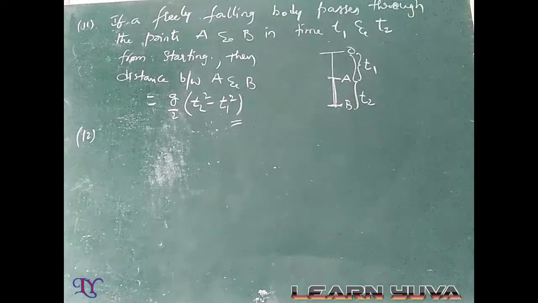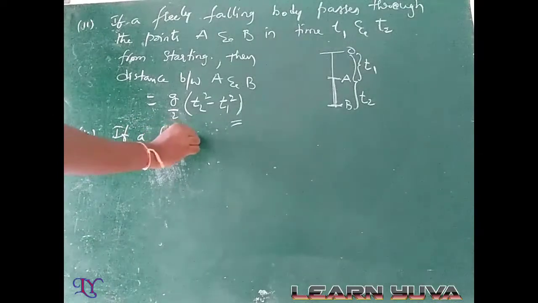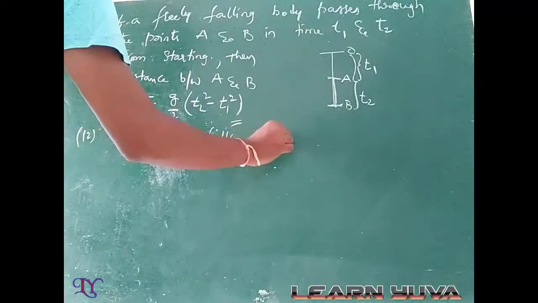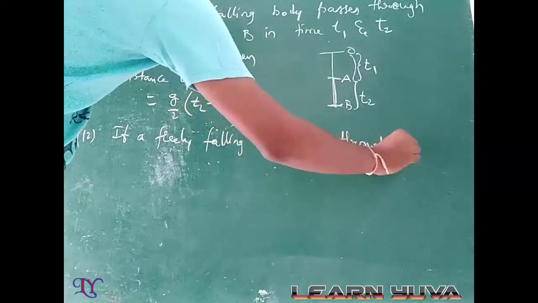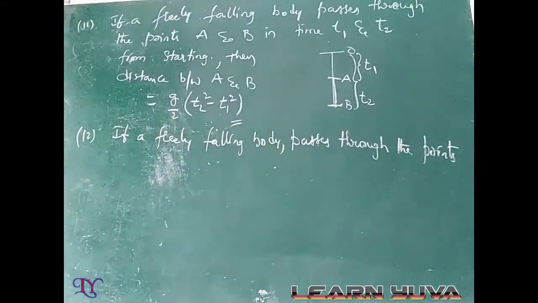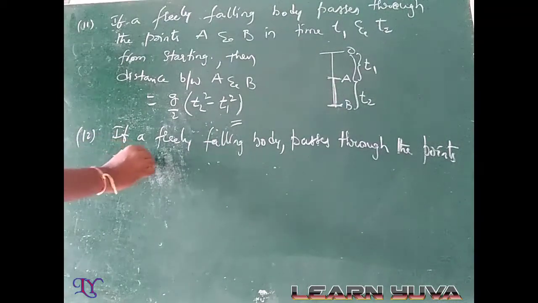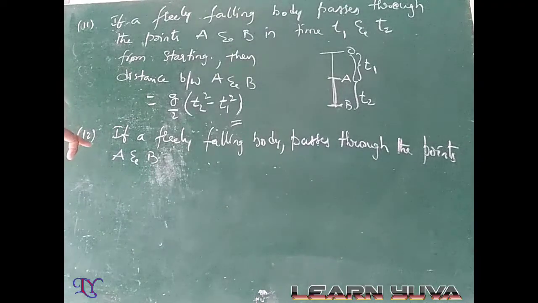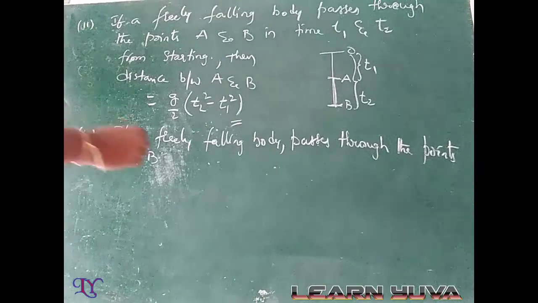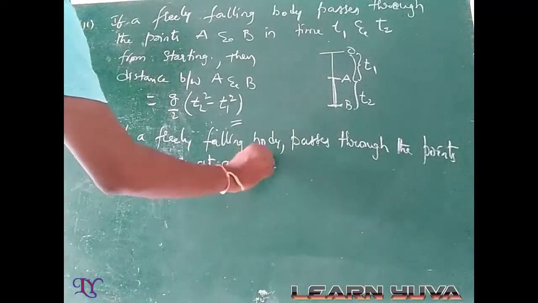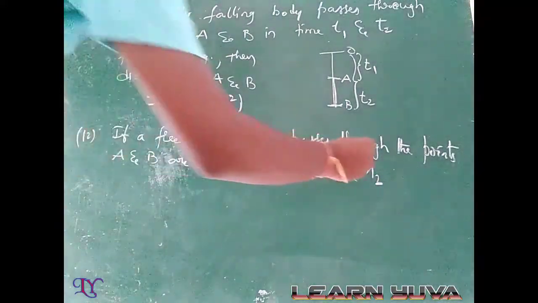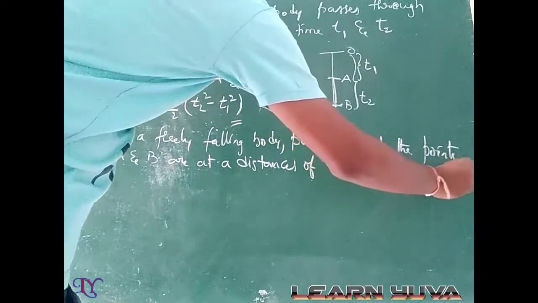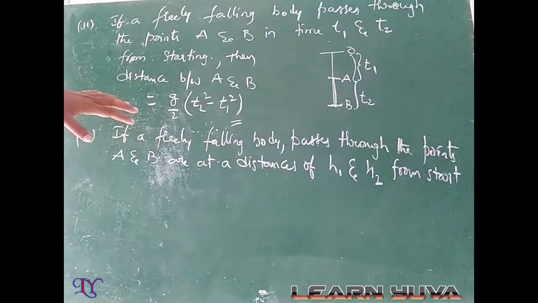If a freely falling body passes through the points A and B, and these A and B are at distances of H1 and H2 from the starting point,